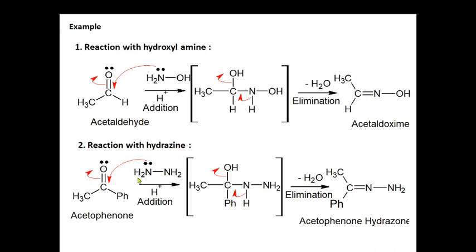Like that. Let's take the second reaction, with hydrazine. Hydrazine is NH2NH2, so group G is now NH2. The remaining mechanism is the same. We get an intermediate product, dehydration takes place, and group G is now NH2 here. So this is known as acetophenone hydrazone. Just this I is replaced by O. That's it, so you get the corresponding derivatives.